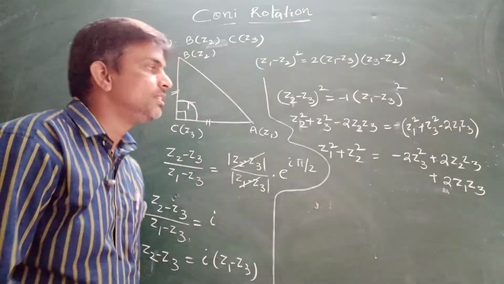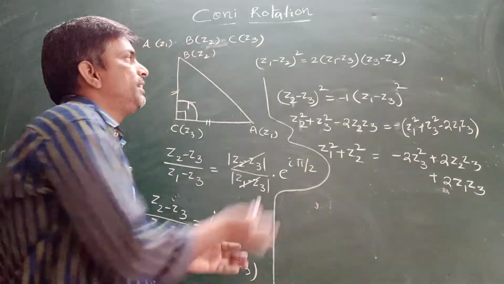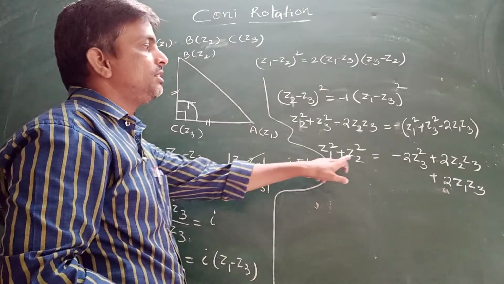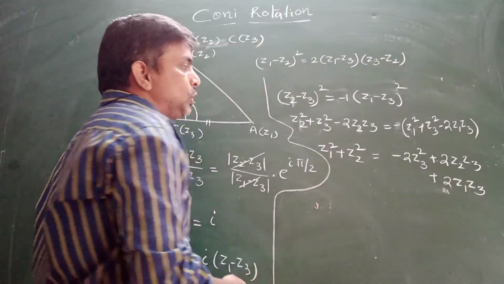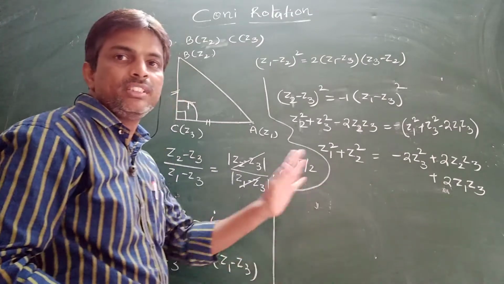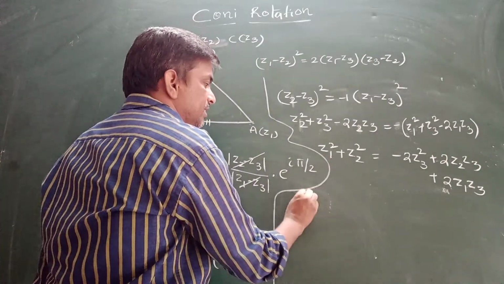Is it clear? Now here, what is the reason behind that? Because I need to get Z1 minus Z2 whole square. I have Z1 square, Z2 square. Now what is the shortage here? I need minus 2 times of Z1 Z2. So subtract 2 times of Z1 Z2 on either side. Okay. So after subtraction, what we get here?